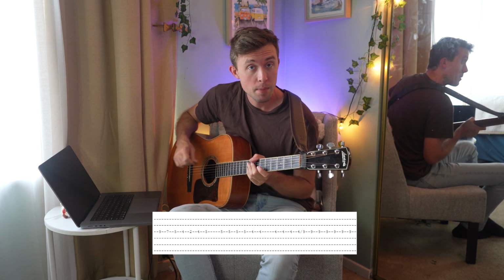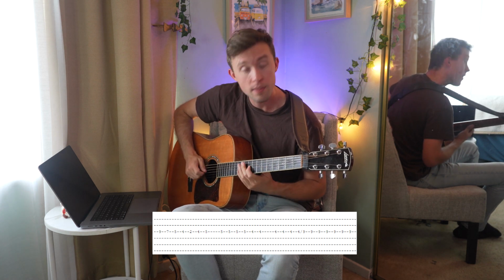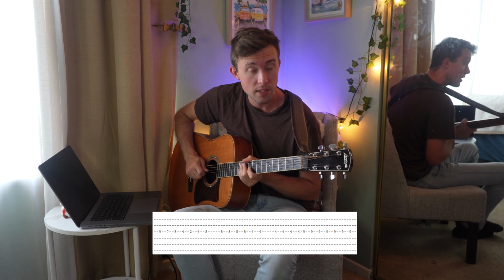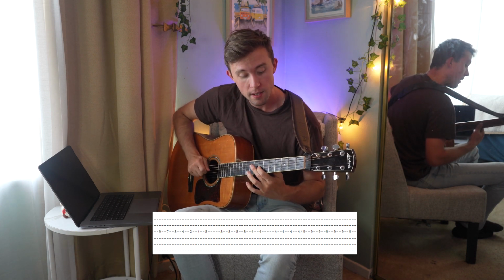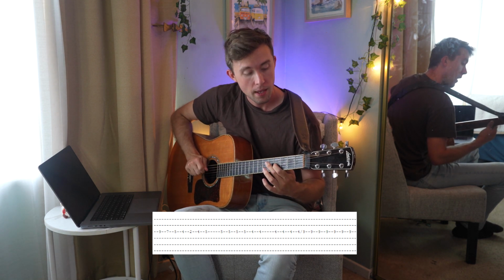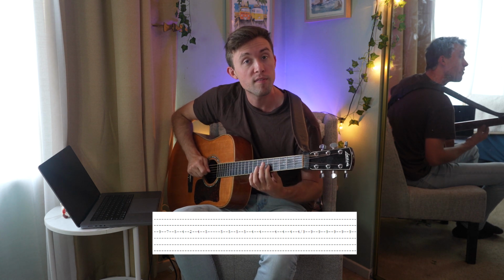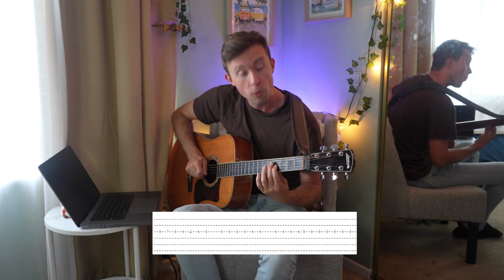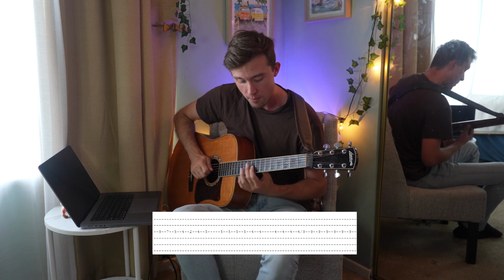Finally, let's get to the very famous and easy guitar solo, which starts right here on the 9th fret of the G string. You can do the entire thing on this string, and you're just gonna follow these frets. 9, 7, 5, 4. And then we're gonna go 2, 4, 5. So one more time, that's 9, 7, 5, 4, then 2, 4, 5. And when you put that together with a little rhythm,